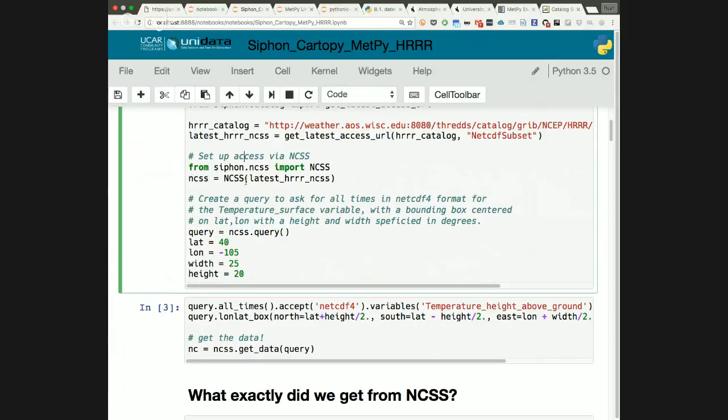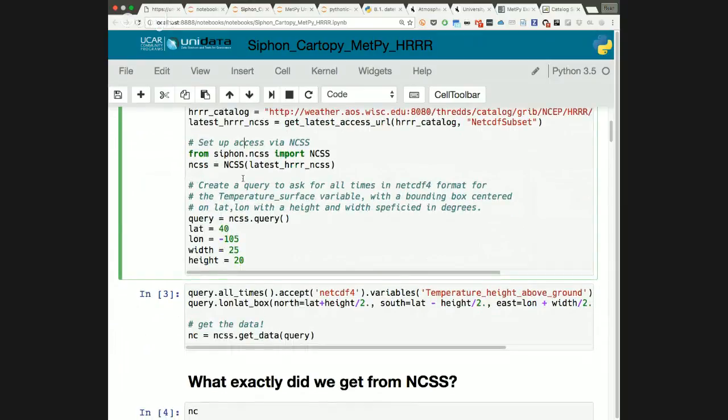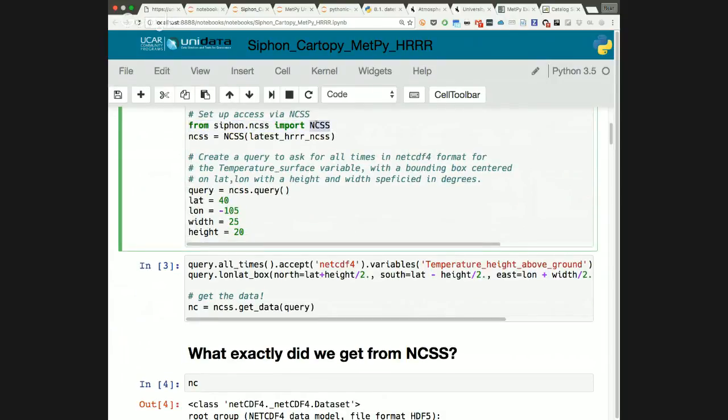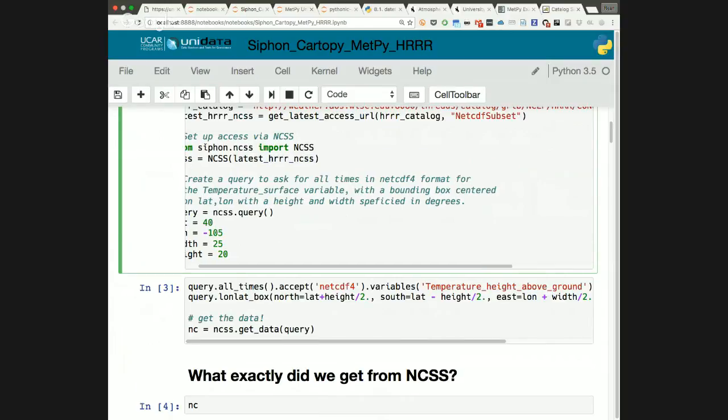So what that's going to do is give us the access URL so we can start to talk to the NetCDF subset service. And what we want to do is set up something that will allow us to tell Siphon what we want. And that thing we want is called an NCSS object. So we can import from siphon.ncss, import NCSS. And the thing that this NCSS object wants is an access URL. And so when you execute this cell,